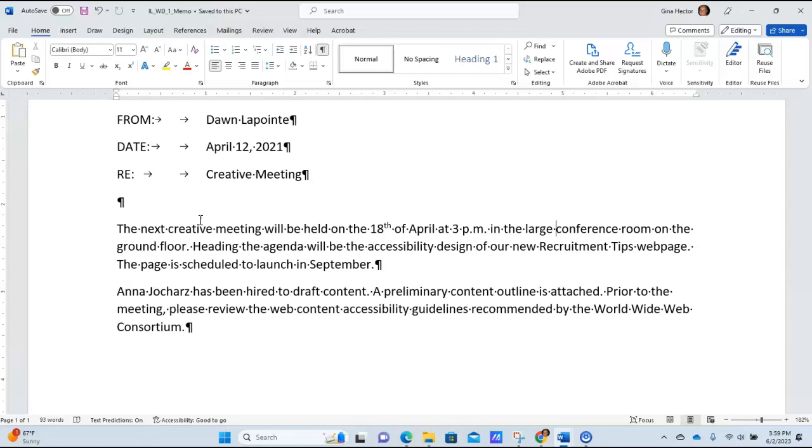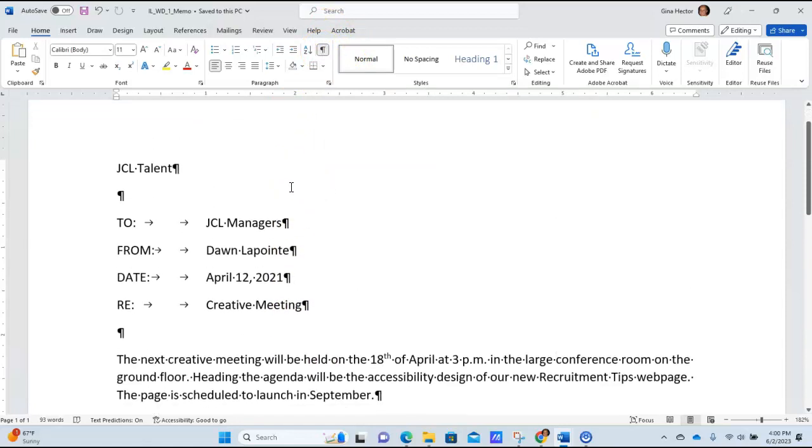Now, the next part is about selecting text. Why is this important? Well, once we have text in a document, we might want to replace it, format it, change, which could be changing the color, changing the font size, and we need to select the text first in order to do that. So the textbook says now to turn on the Show Hide button, which we already did earlier on. And I'm going to scroll up to the top here, and it says click before JCL Managers right up here